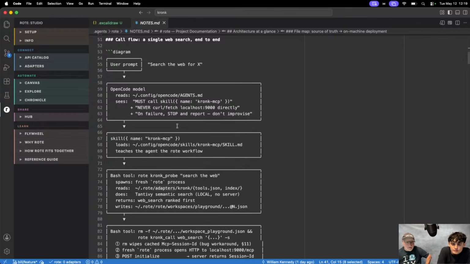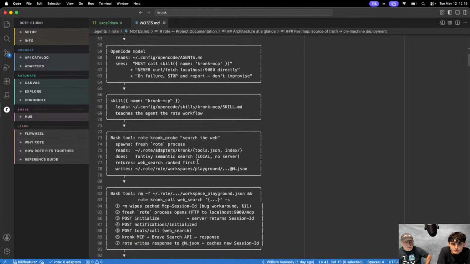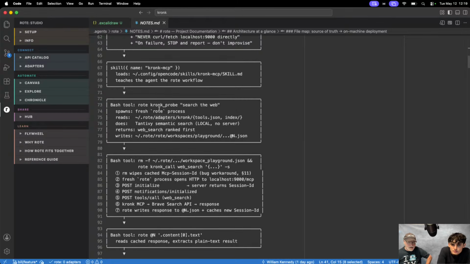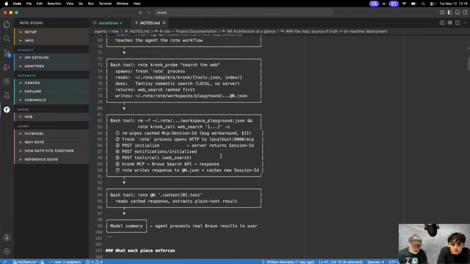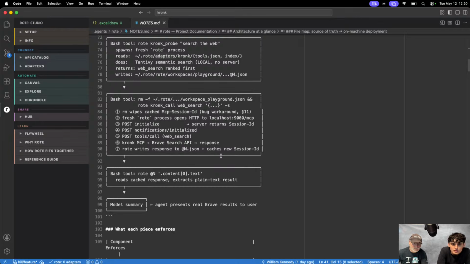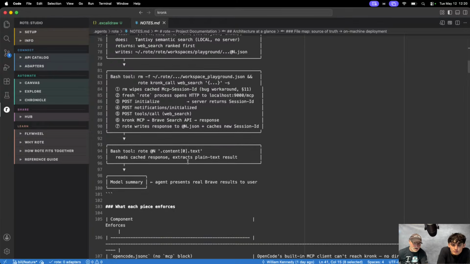It's going to have what we saw already in terms of skills. It's going to load this and teach the agent the rote workflow, and then we're going to follow this on disk essentially here, right? Okay, and we should start seeing rote being called. And as rote's getting called, we should see our playground workspace starting to get interacted with and working.